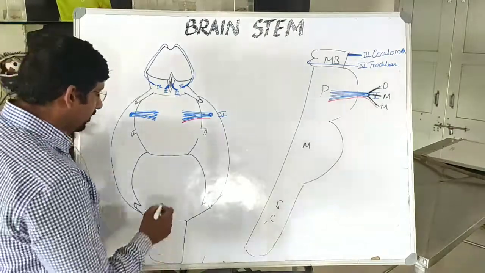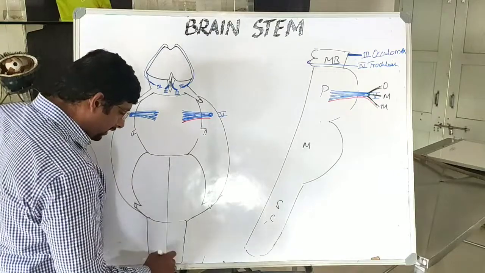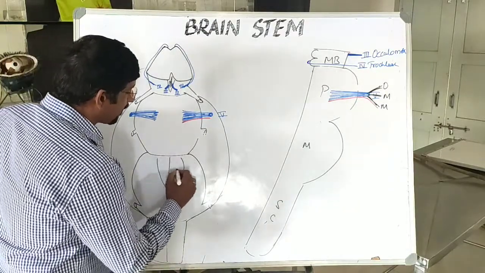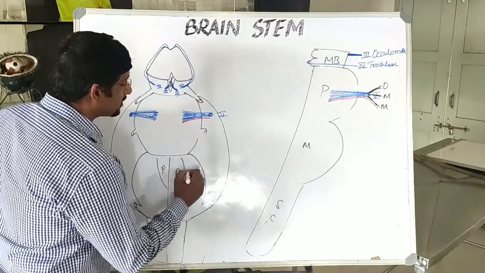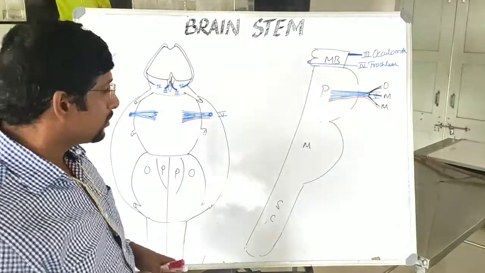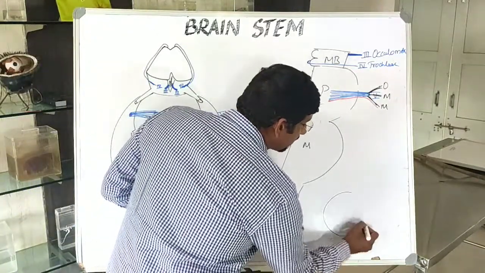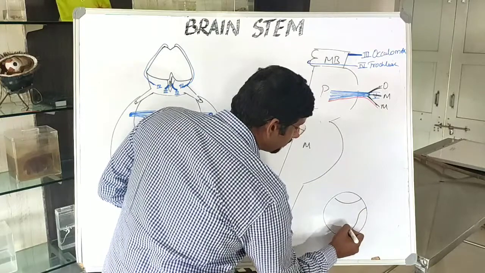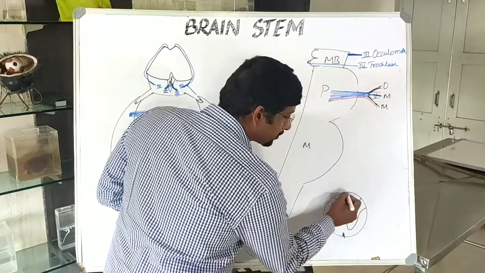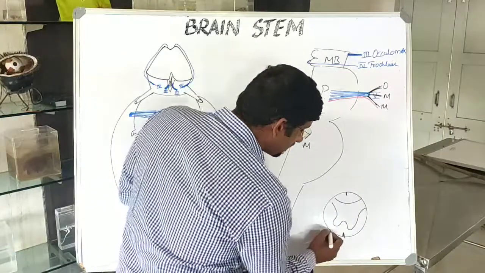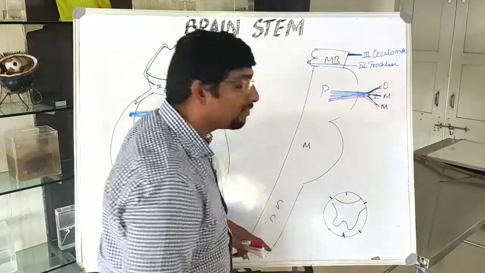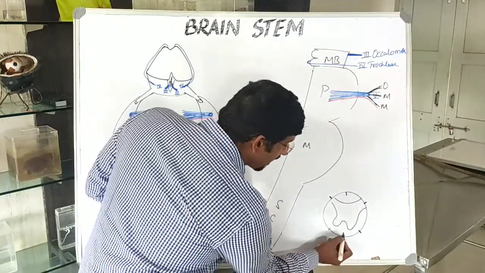Before going to that, we know that the anterior median sulcus is here, and these two are the pyramids. These are the olive parts of the medulla oblongata. If I go to this spinal cord section, this is the anterior median fissure, and the posterior median fissure is there. This is the anterolateral fissure, and this is the posterolateral fissure.